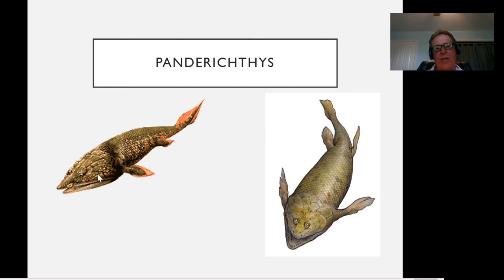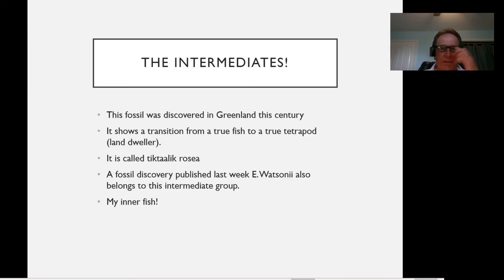And notice that the head is changing as well. So one of the things that has to change as you move from aquatic to terrestrial life is that your head structure has to change as well. So we begin to see this transition. Right? Then we get to the intermediates, and this is what's fun, because in evolutionary biology, right, we're dealing with a fossil record. And so we know that there were tetrapods. Tetrapods have been known from the fossil record for a long time. It's first organisms living on land, and they had legs. They had hind legs, they had forelegs.